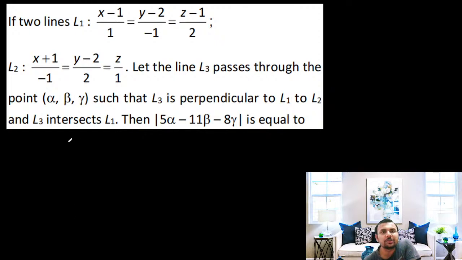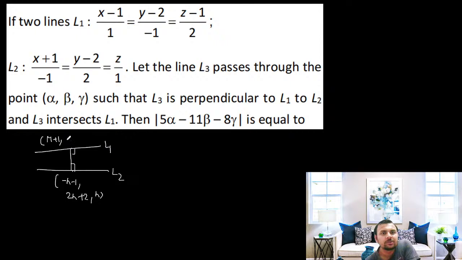Or we'll consider this question as L1 is one line, L2 is the second line. A line is perpendicular to both. I think they are trying to say this. So if we do cross, we'll get this point. Okay. And a point on L2 is minus lambda minus 1, 2 lambda plus 2 lambda, and a point on this is mu plus 1, minus mu plus 2, 2 mu plus 1. Okay, this passes through alpha beta gamma. Okay,